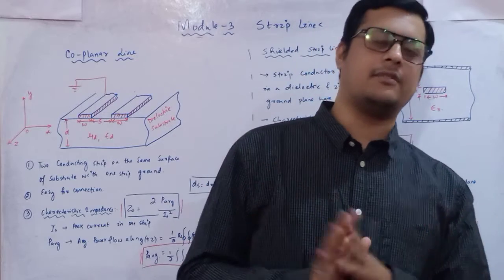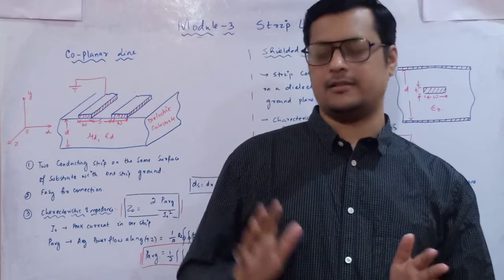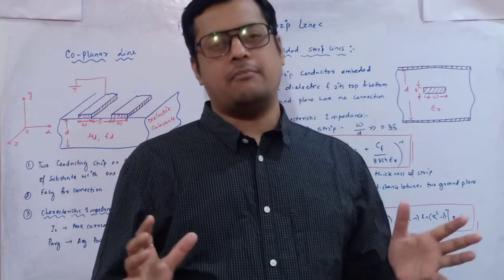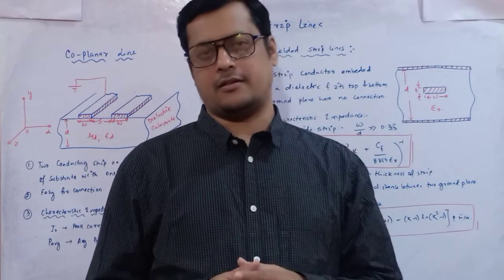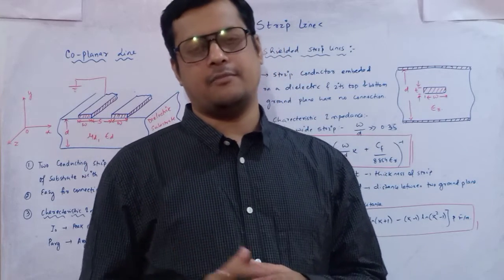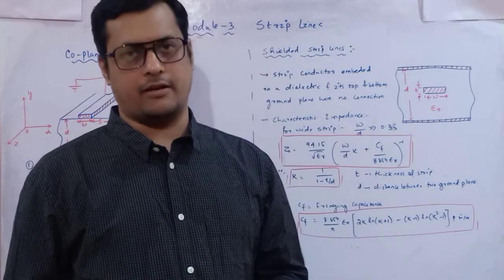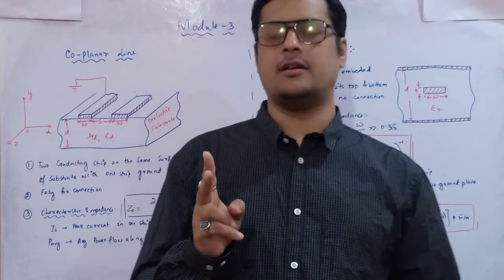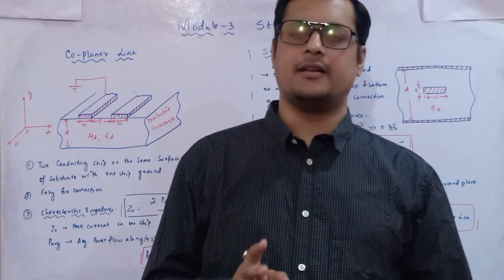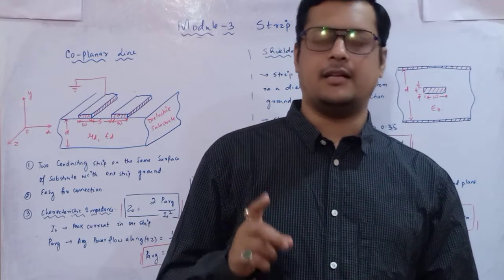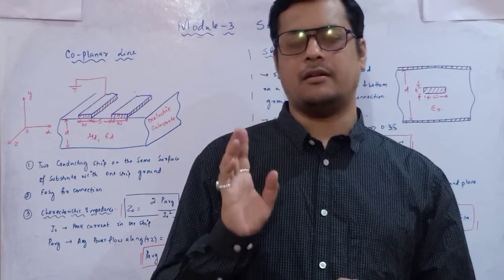Only two relations we have to identify, but other than this, the planar and the microstrip line are the main important factor of this particular discussion. Okay, here only we are going to identify the characteristic impedance with respect to the dielectric value, because for a microstrip line or a strip line, these are the two factors which always come into picture. One is the characteristic impedance of the line, and the second one is the dielectric medium of a particular substrate.